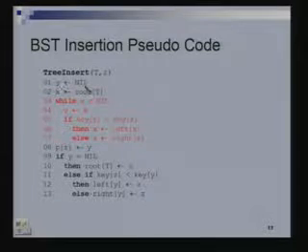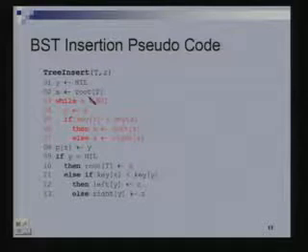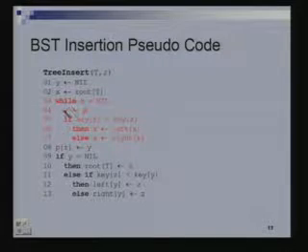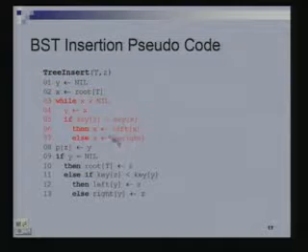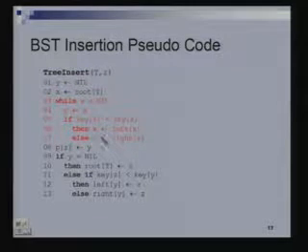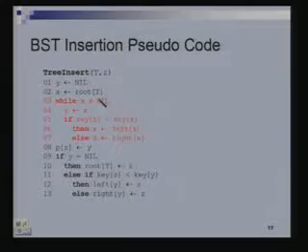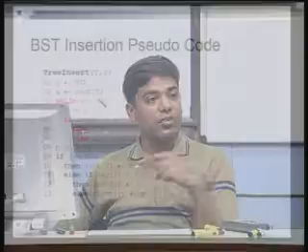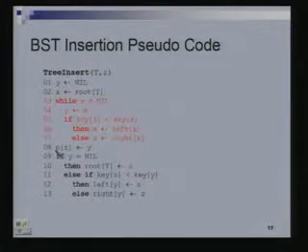Initially y is null, x is the root. Then y takes the value x, and x goes to either the left or the right child of x. And we keep doing this till we hit null, till x becomes null. When x becomes null, y is pointing to the right node. Now we have to change the left or right child of y. So y is going to be the parent of the new node we are inserting. So parent pointer of z. So recall that the nodes also have a left child and right child and a parent. So parent of z gets the value y,